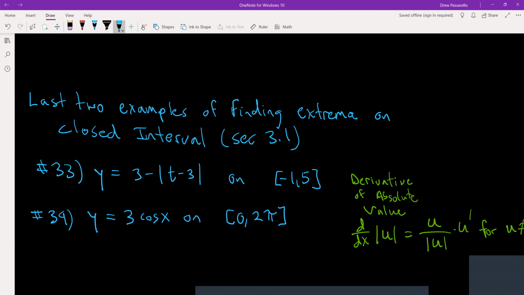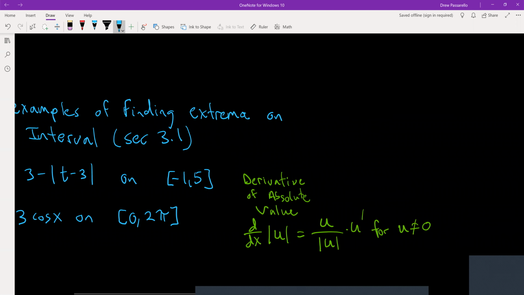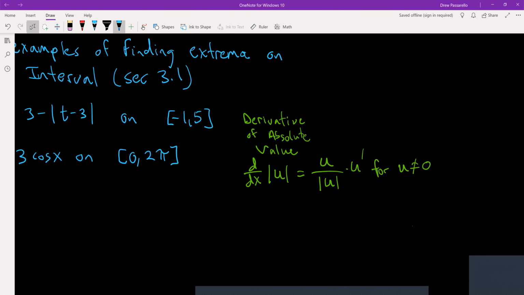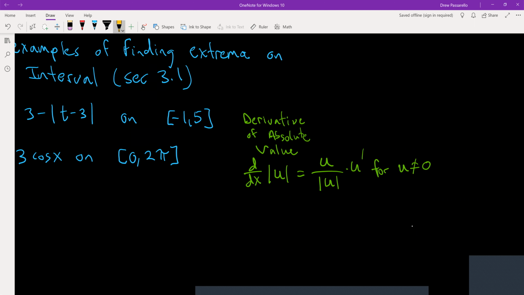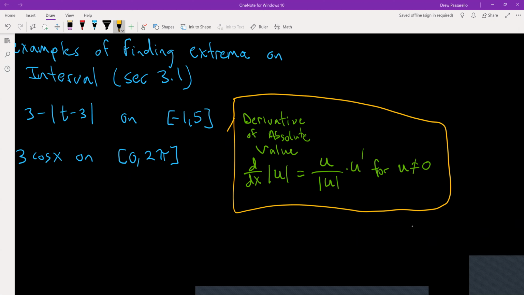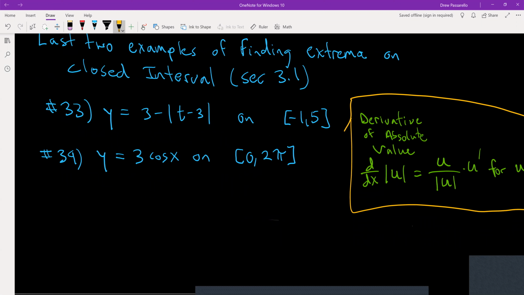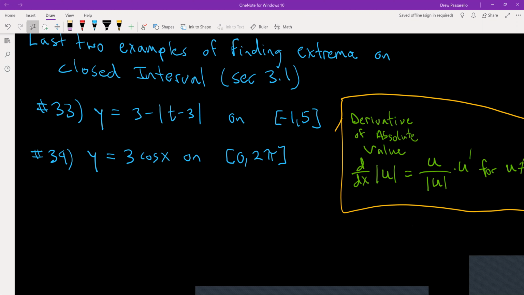And number 33 has an absolute value part to it, and I don't believe we've run into an example where we found the derivative of an absolute value. It's going to be equal to u divided by the absolute value of u times u prime. All right, so this is the definition for the derivative of absolute value, and that should be in the table of derivatives and integrals. So for this example, for 33,